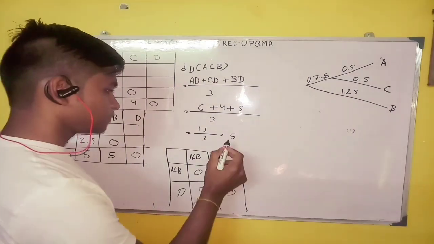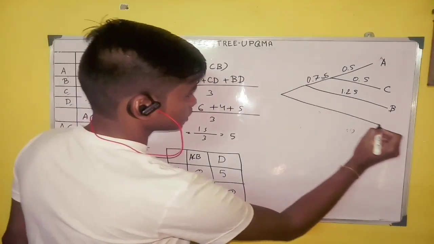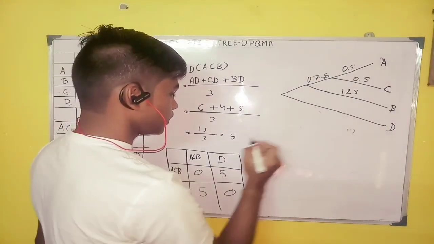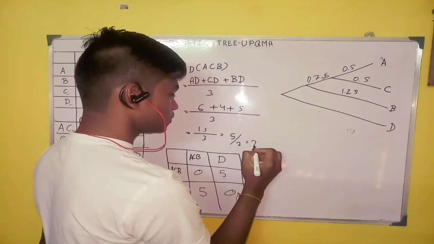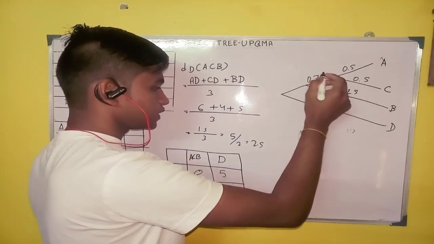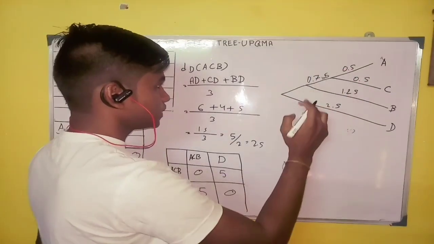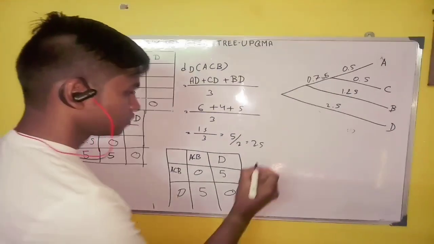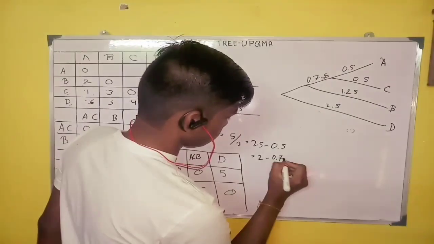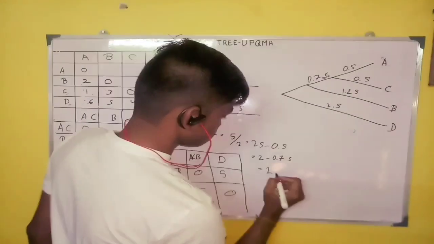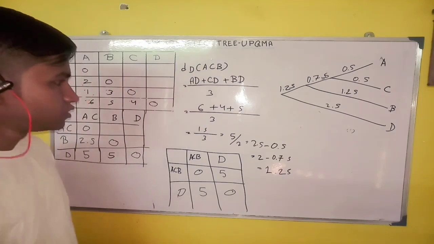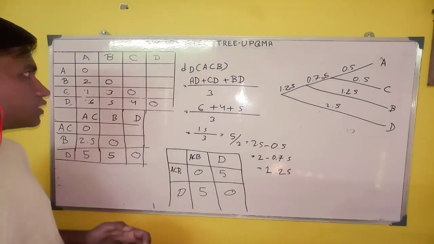Now look guys, D is our next root, and the 5 is shared by D and this line. So here we have to divide it by 2 and we get 2.5, and here we will write 2.5. But when we write here, we have to notify that already 0.5 and 0.75 have been occupied. So we will minus 0.5, we will get 2, and we will minus 0.75, we will get 1.25. We will write 1.25 here. So this is our phylogenetic tree.